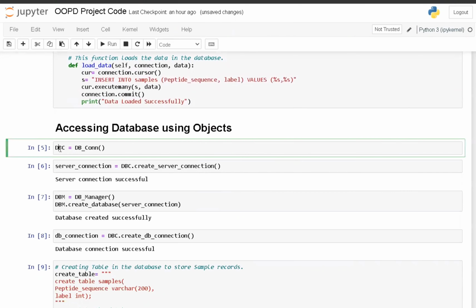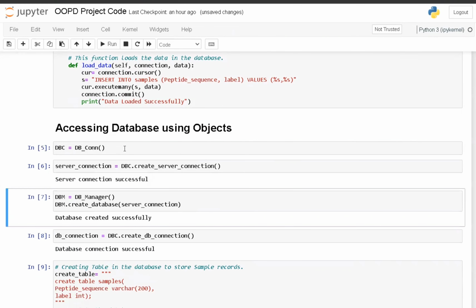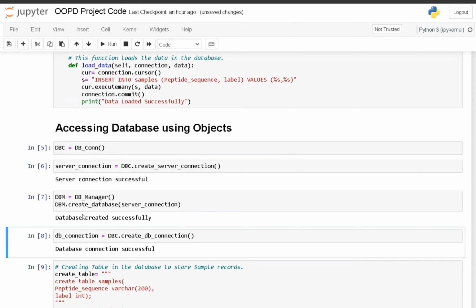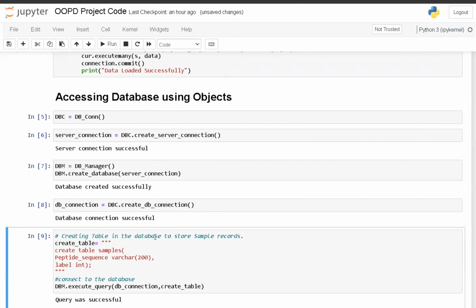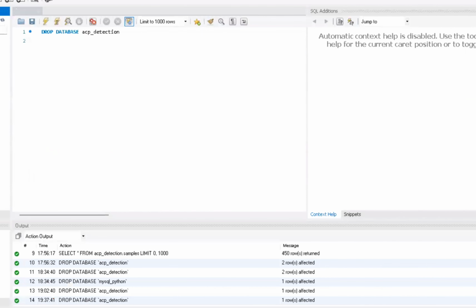We create a dbc named object, which creates a connection with the server. Next, we create a database, and then we create a connection with the database. Previously, there was no database. Now we can see that the database named ACP detection has been created with no tables.